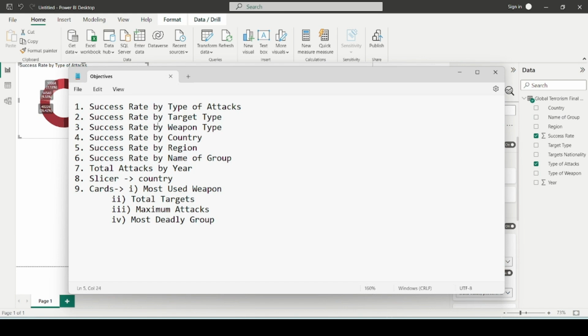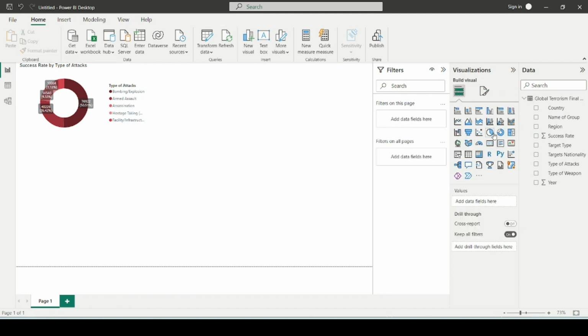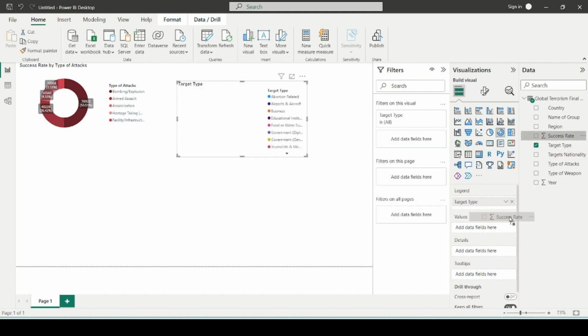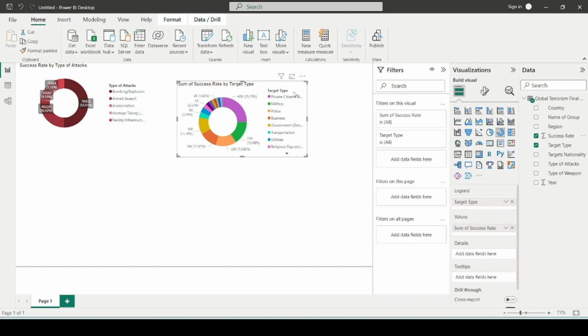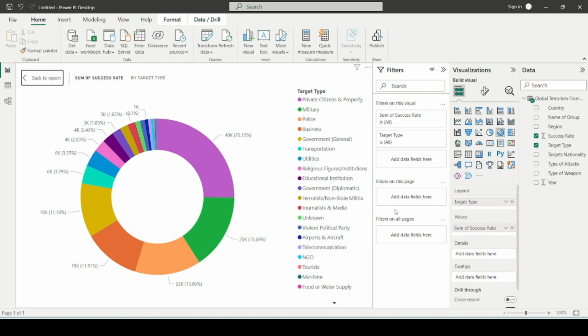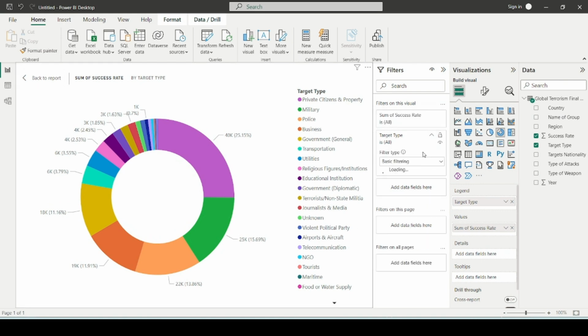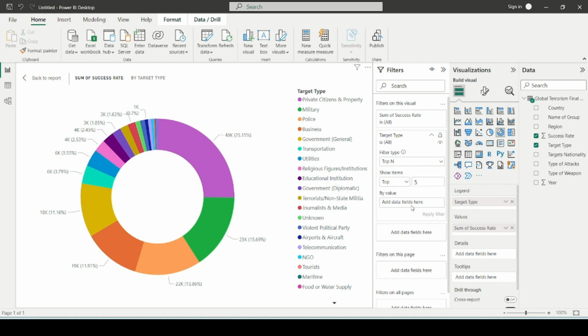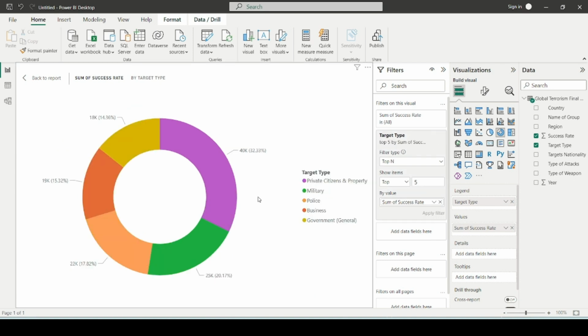And then the second one says success rate by target type. For this purpose, let's select a donut chart, then target type in legend, success rate in values. Again, for visualization purposes, let's go to focus mode and then select the filter, and from here we select top 5. We will filter by success rate. Okay, and apply filter,